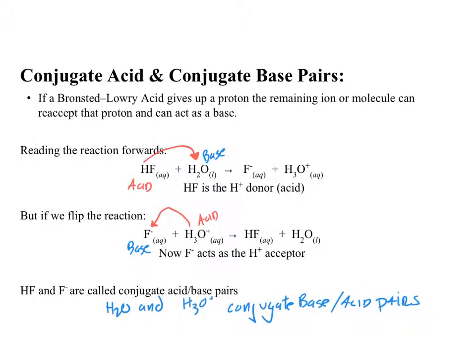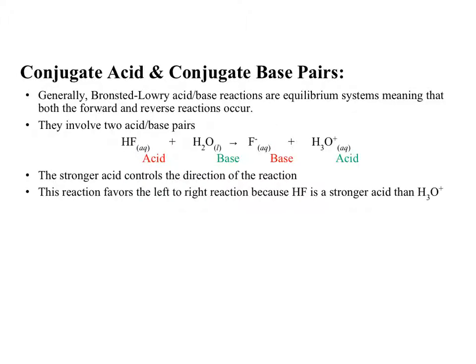For every acid, there's a conjugate base, and for every base, there's a conjugate acid in these cases. Bronsted-Lowry acid-base reactions are at equilibrium. And what that means is that the reactions are going forward and backward at the same time. So if you ever see an arrow that looks like this, a double arrow, it indicates that we are at